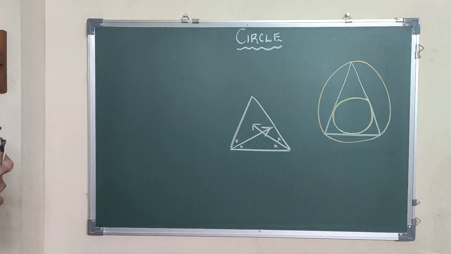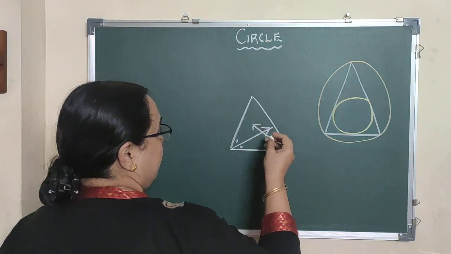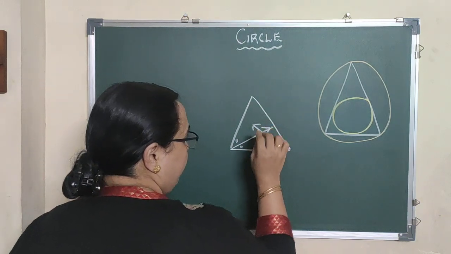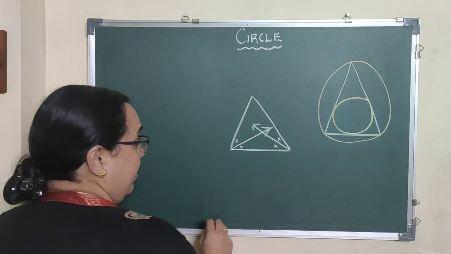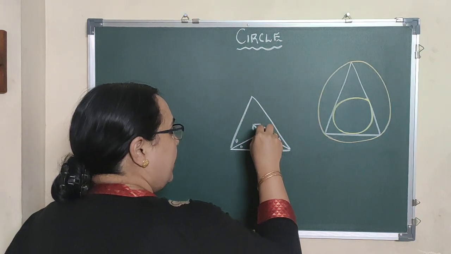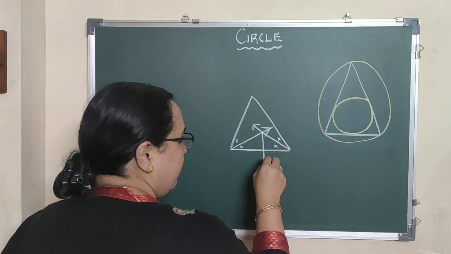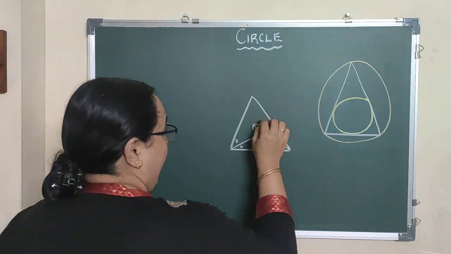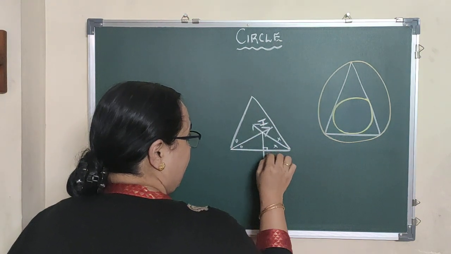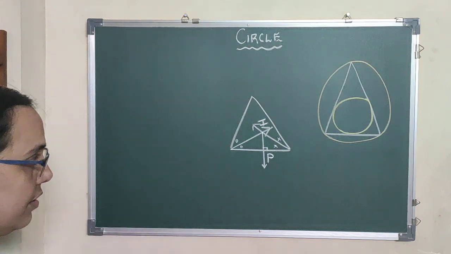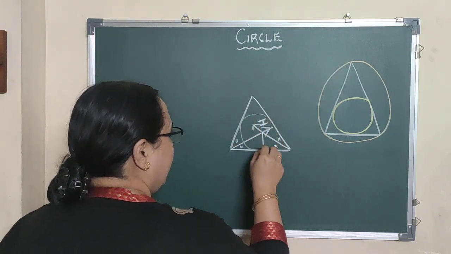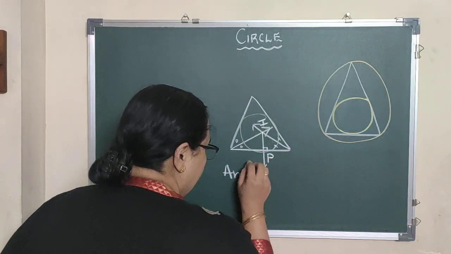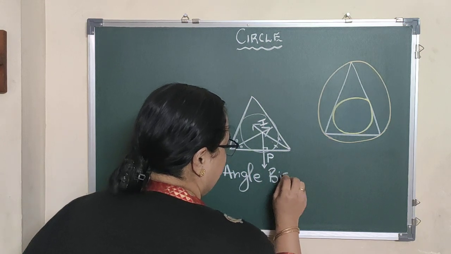As you know, all the angle bisectors are concurrent, right? So since they are concurrent, that point of concurrence is what you will consider as the center, and you will draw a perpendicular from that center to one of the sides of the triangle. Suppose I call this point I, this IP distance will be my radius, and that is how we will draw our incircle. So for an incircle, what did we draw? We drew angle bisectors.